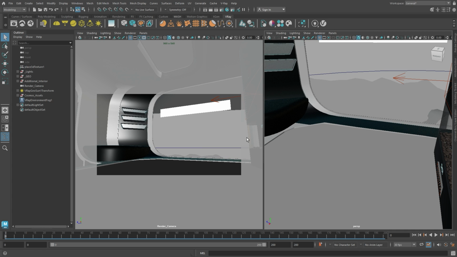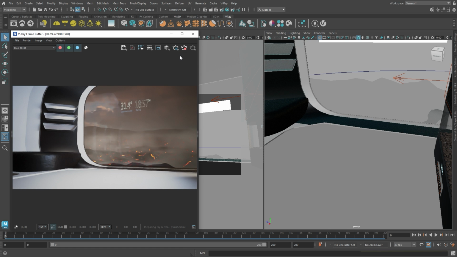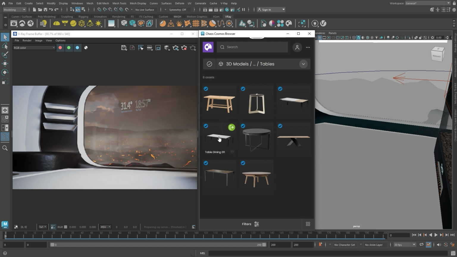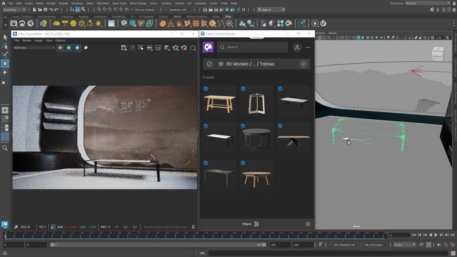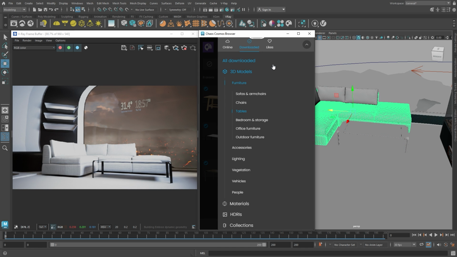In every single shot, we used assets that come from the vast Chaos Cosmos library. In V-Ray 6, we updated our library with hundreds of assets like vegetation, materials, HDRIs, and more. To give you an example of the diversity we have, I will show you how we managed to furnish the entire interior of our house. Just by downloading the asset from here and dragging it inside of our scene, I can position the asset exactly where I want. First, I will place all the furniture so we can block out our primary objects.